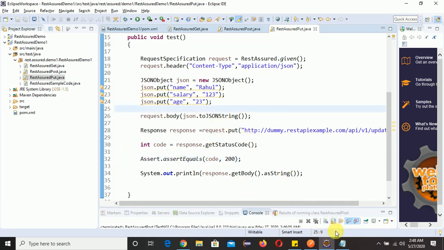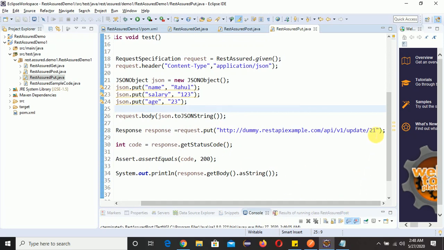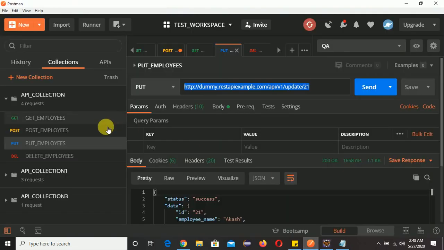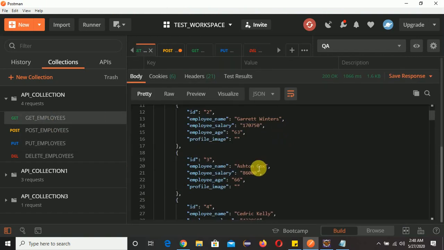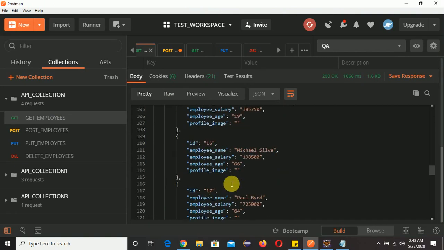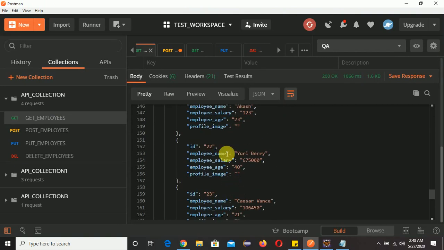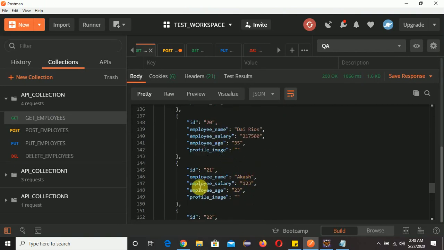Now you can see here for the record number 21 we are doing the changes, right? So here if you go to the get employees, if you click on send and go to the ID 21, see ID 21 employee name is Akash, right?